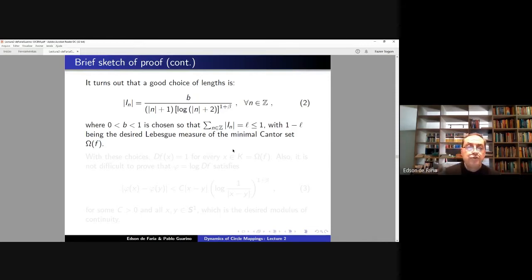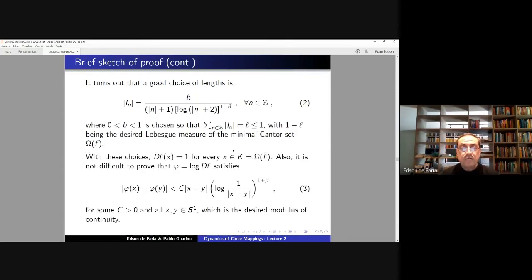So the choice is made of the lengths, but of course you have to deploy the intervals in the correct way on the circle, and for this you have to use the order of the rotation by alpha. So the actual deployment of the intervals on the circle is not completely clear. Once again, there are details here that are being swept under the rug, and you should look in chapter 4 for a description.